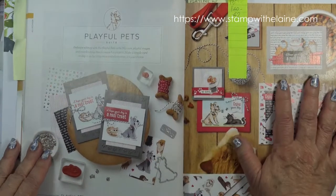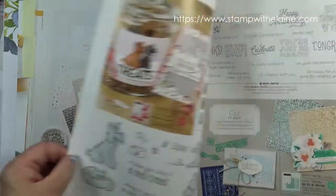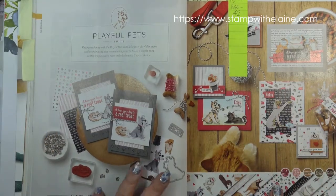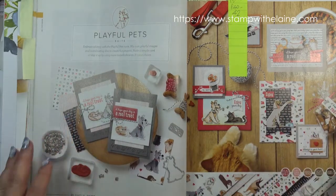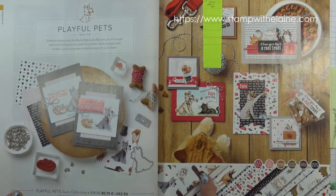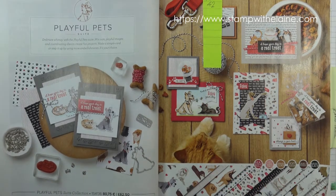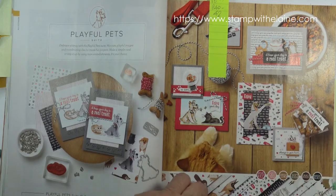I'm now going to skip to page 40 to 42, and this is the Playful Pet Suite. And if you're an animal lover, this is just absolutely gorgeous. It's the best one I've seen that Stampin' Up has produced. And in the designer series paper, you can see there are different breeds of dogs, and of course you can fussy cut those and add it to your card. I think it's fabulous, but it wasn't in our pre-order sadly,